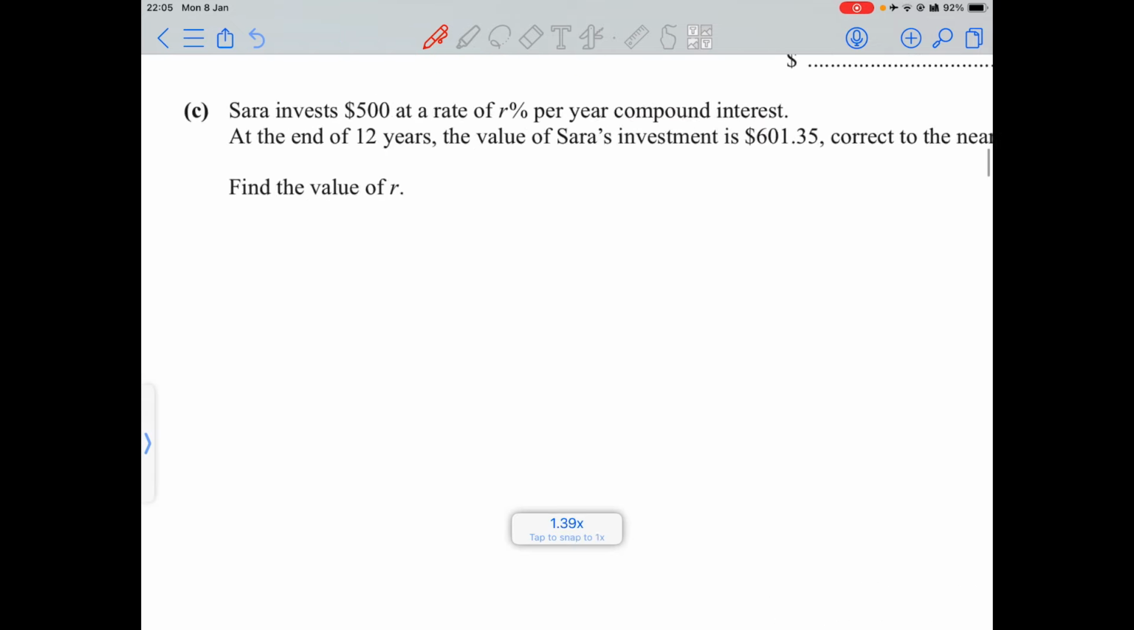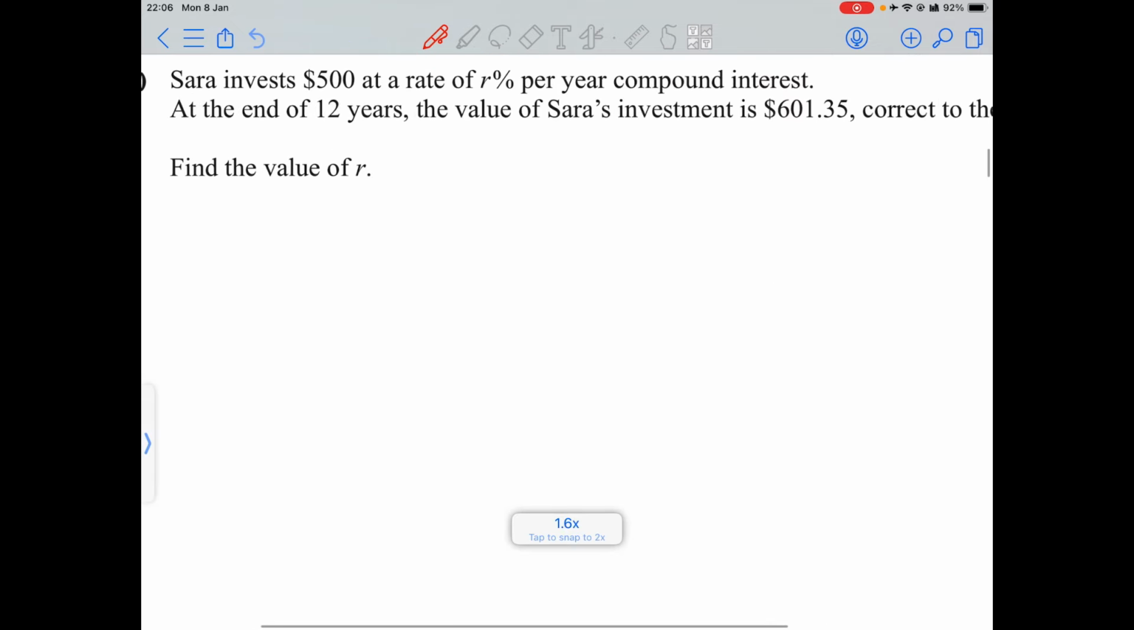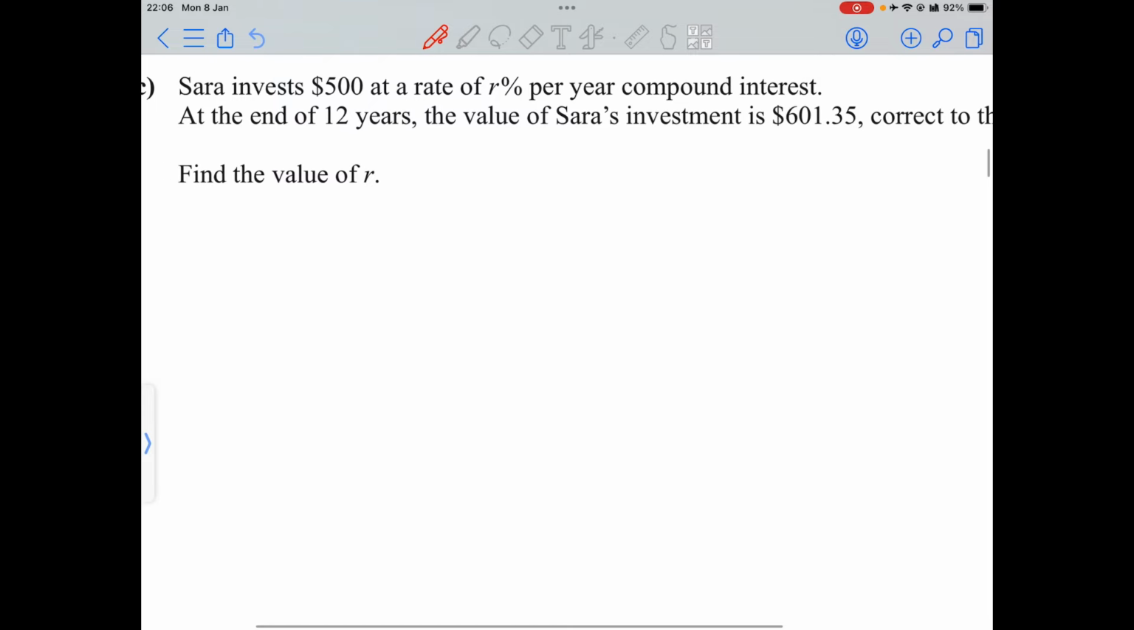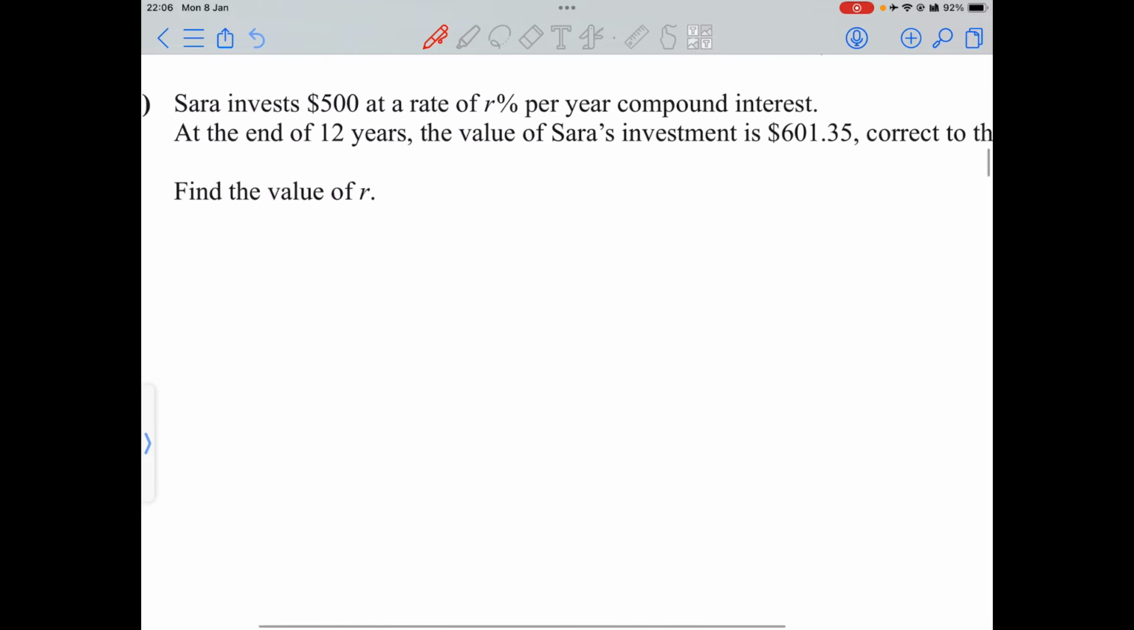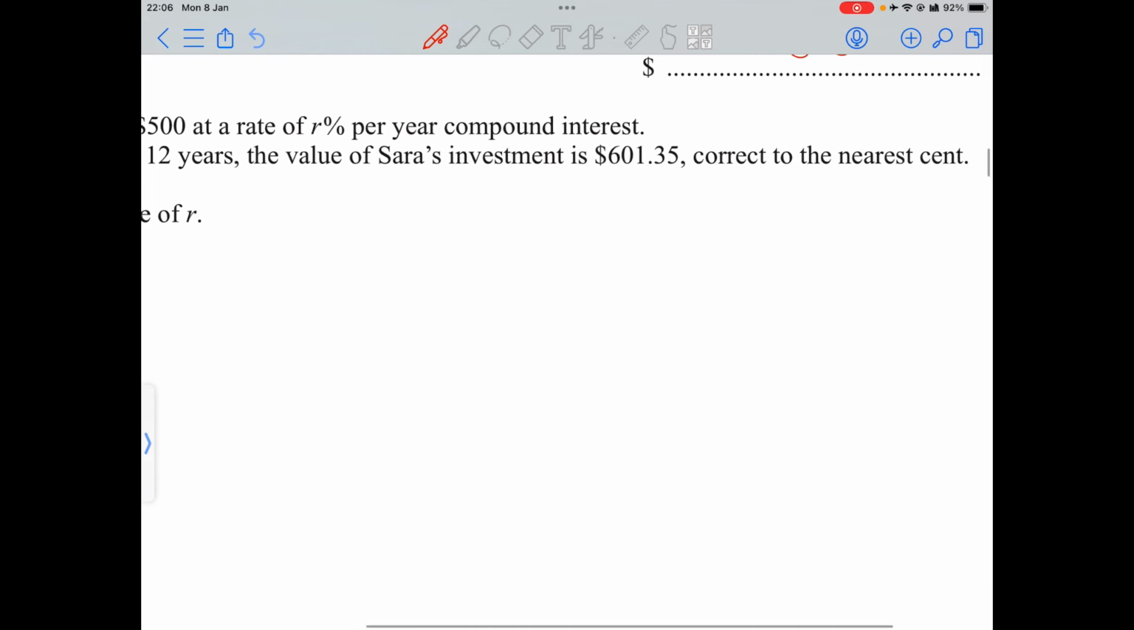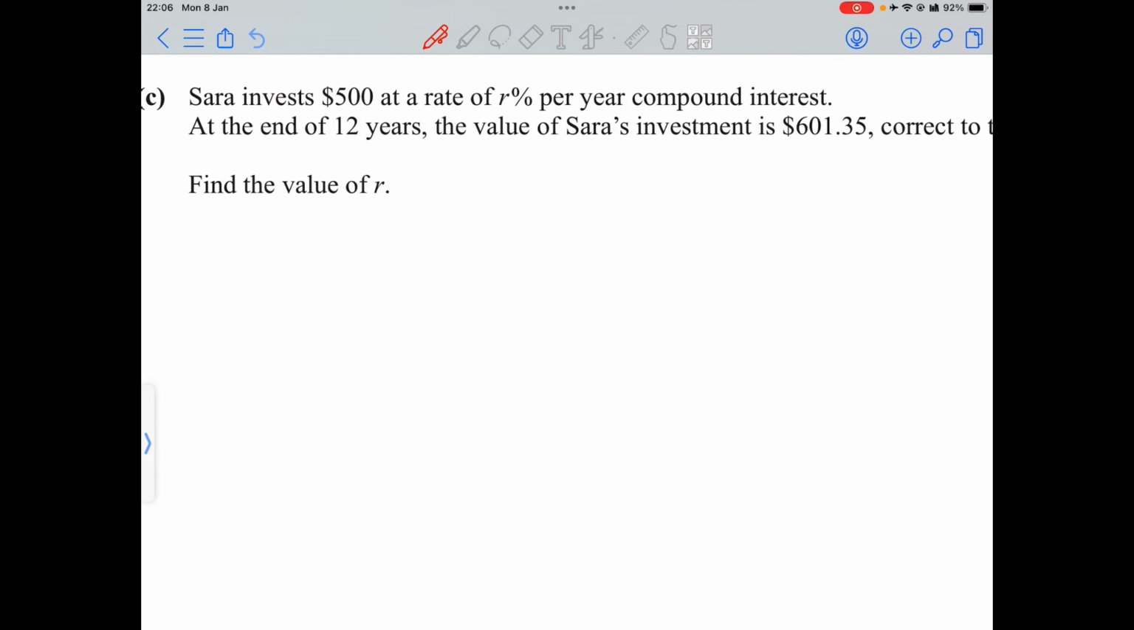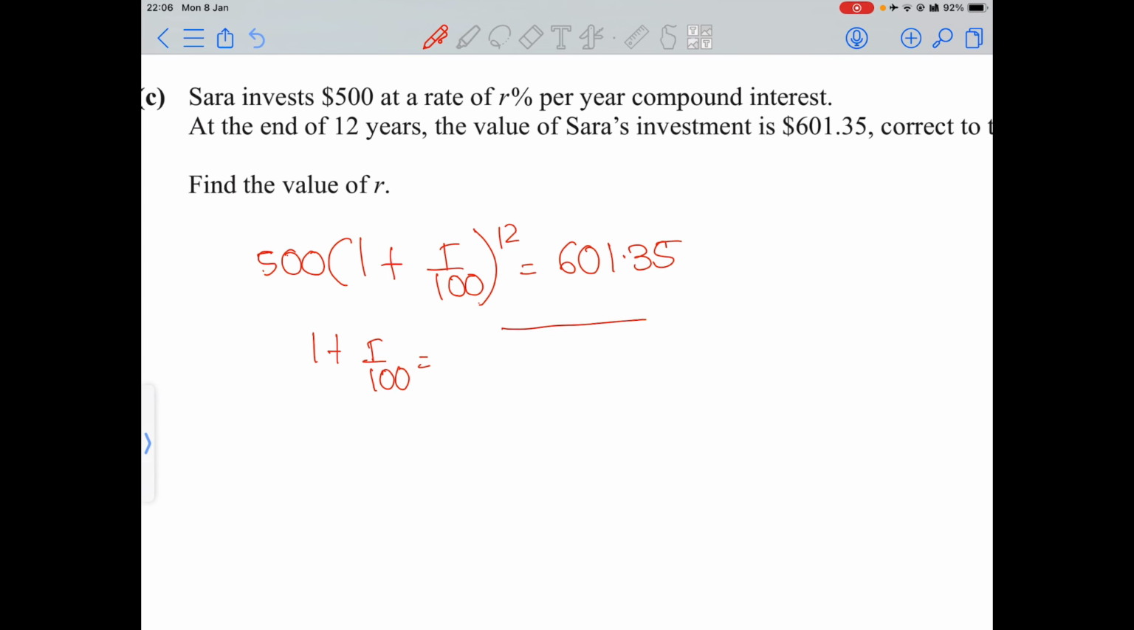Next question is that Sarah invests 500 at the rate of R% per year compound interest. At the end of 12 years, the value of Sarah's investment is 601.35 to the nearest cent. Find the value of R. So we have invested 500, times 1 plus R over 100 raised to 12, is equal to 601.35. If I take the 500 to the division side and also take the 12th root on the other side, that gives me